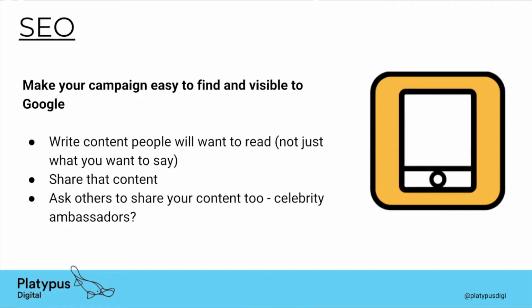You want to share that content on your social media channels in particular, and ask others to share that content as well. Don't just limit it to your organizational social media feeds. If you've got celebrity ambassadors, even if they're just local celebrities, that's absolutely fine. Never underestimate how much reach and potential visibility those celebrity ambassadors might have. Get them to share it as well, because those are the sort of social signals that Google looks for when it's deciding what content to promote on